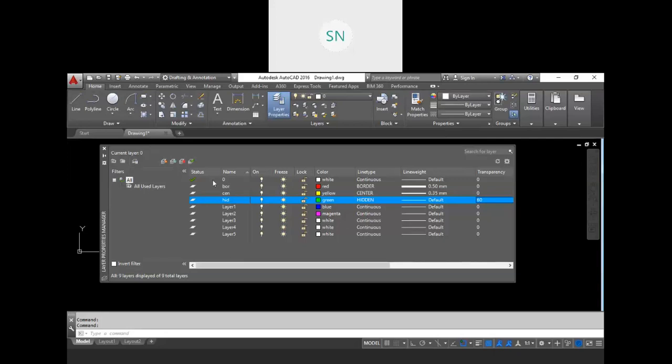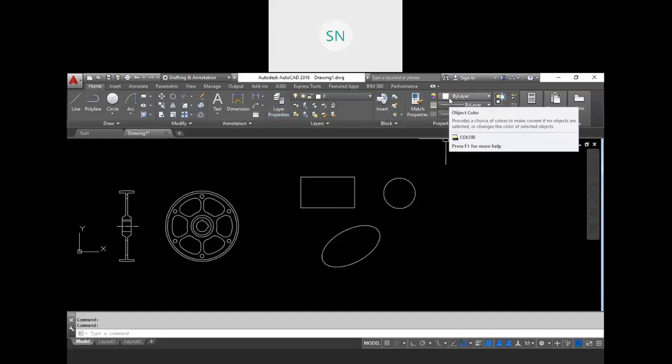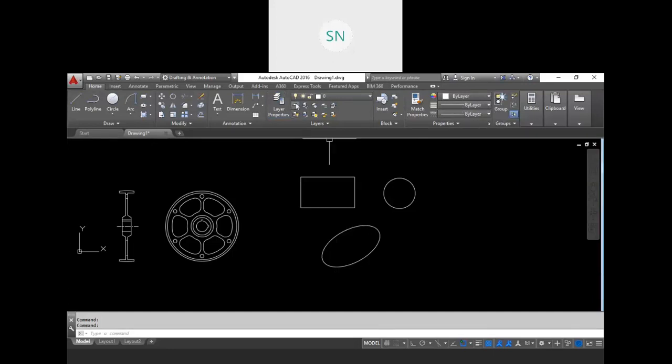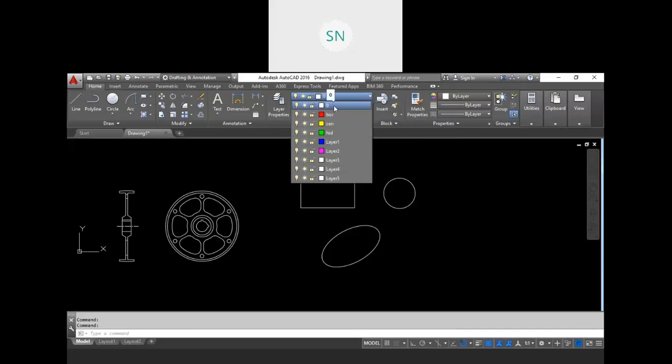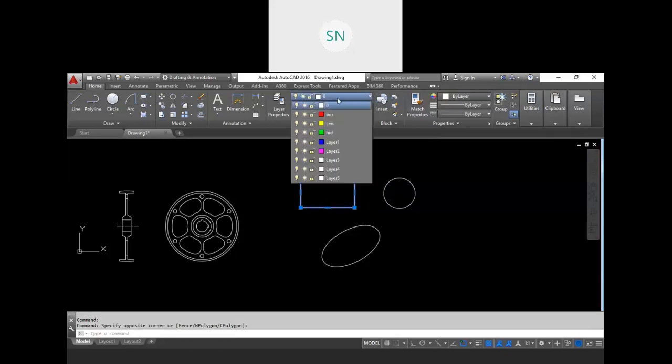All the layers we have created; layer 0 you will get by default. Whenever we are creating any object, in the property initially you will see ByLayer, ByLayer, ByLayer. So what is this layer? It is your layer 0. If you click on that, we have this many layers now that we have created. Initially you will get only layer 0. Now, as we assign a property, we select our object and change the property and it will be assigned. Similarly, select your object and you can assign your layers also.